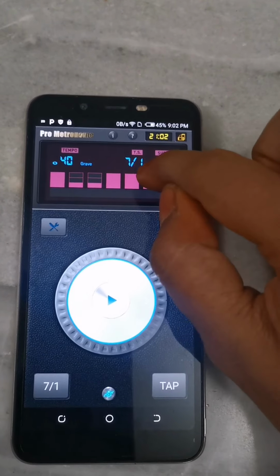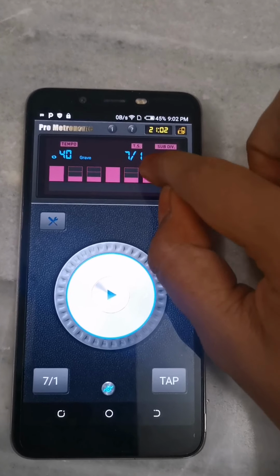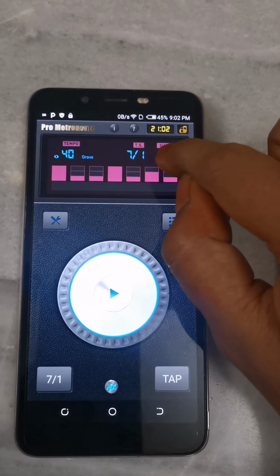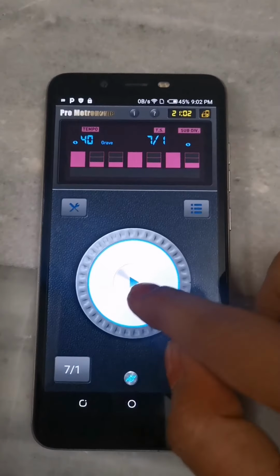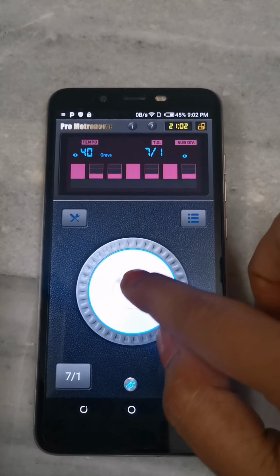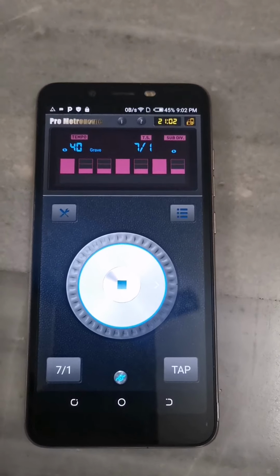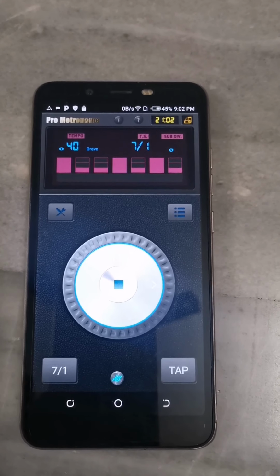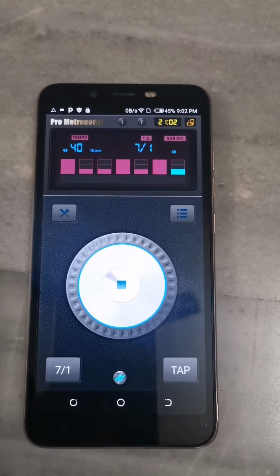And then here we have to fill it for 6. So 1, we can play and see, 1 2 3 4 5 6 7.